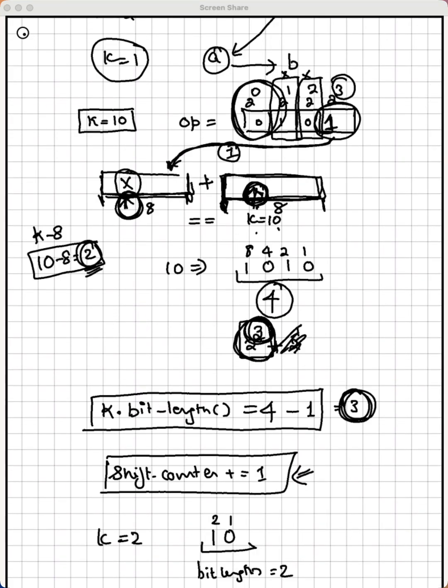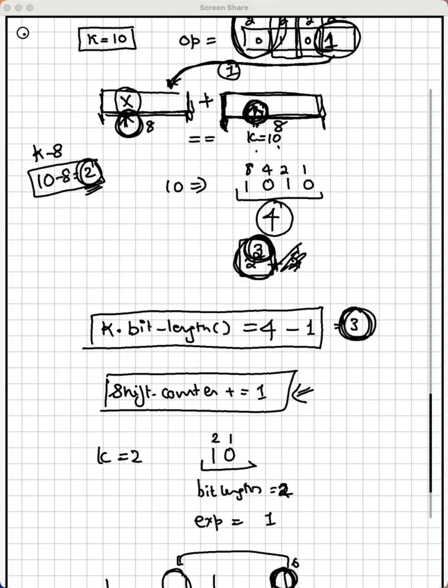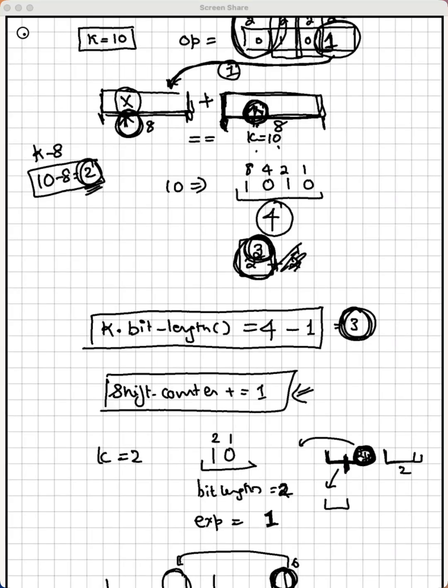Since we got 2, we were computing the bit length is 2, the exponent is 1. But we cannot have 2 and then another 2 and from here try to figure out where it went. This needs to be broken down further, because if this is 2 and 2, then this is the entirety of it, right? But I don't want it like this. I want to split this up into 1 and 1 so that I can say this 2 came from this character,